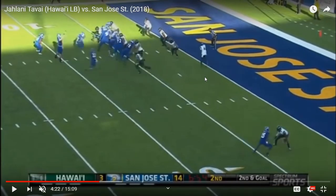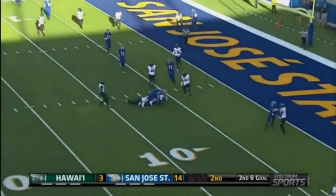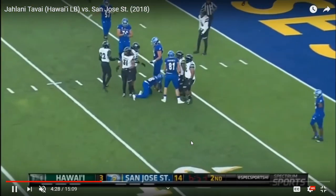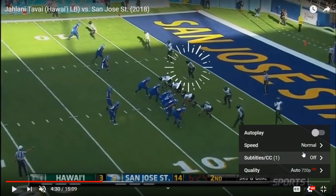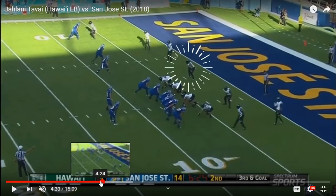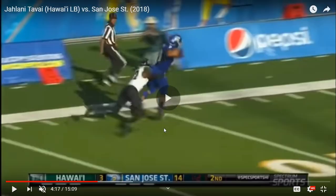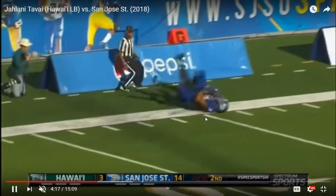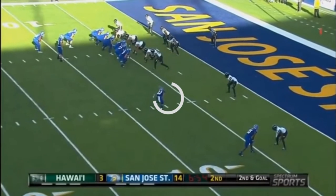Back in the linebacker spot. Oops, I meant to pause. Very nice reading recognition. Excellent play here mentally by Jelani Tavai. Really, really showing off his mental traits in both of these games for us so far. Fun to watch, man. And there we go. Oh, it's buffering. Okay. But yeah, really, really like what...